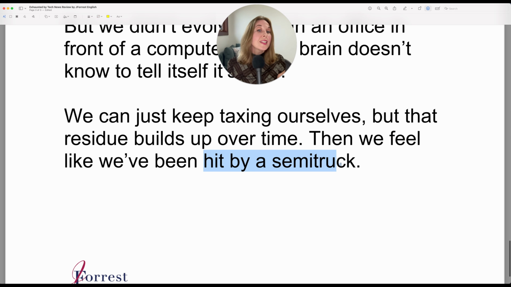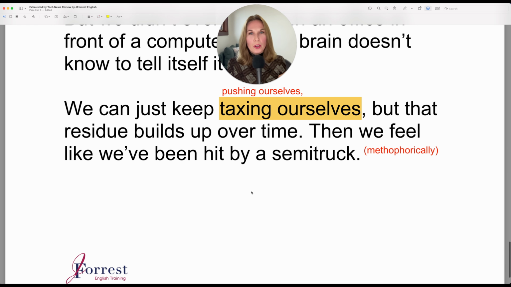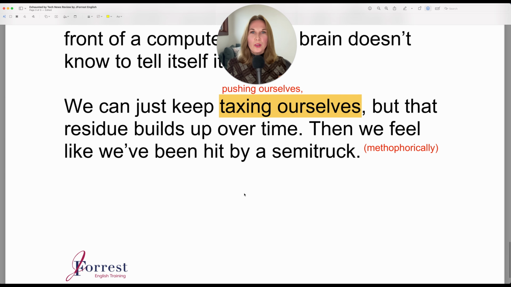But of course this isn't literal. Sometimes authors will even add "metaphorically" somewhere in to let you know, but of course it's obvious that they're using this as a metaphor rather than literal meaning. And that's the end of the article. So what I'll do now is I'll read the article from start to finish and you can focus on my pronunciation.